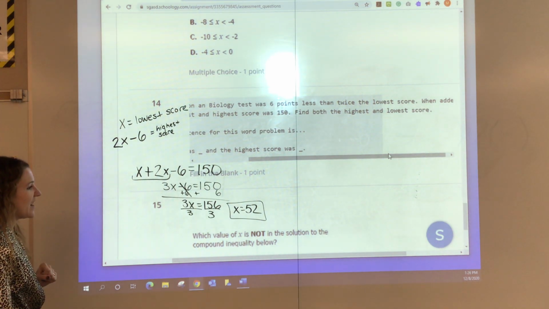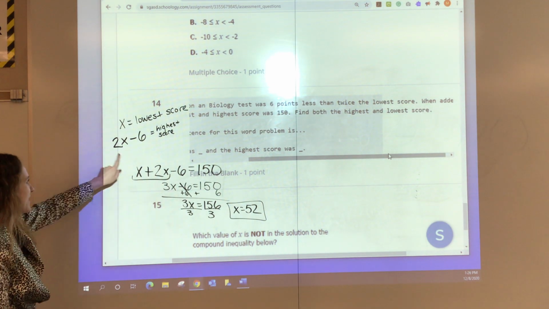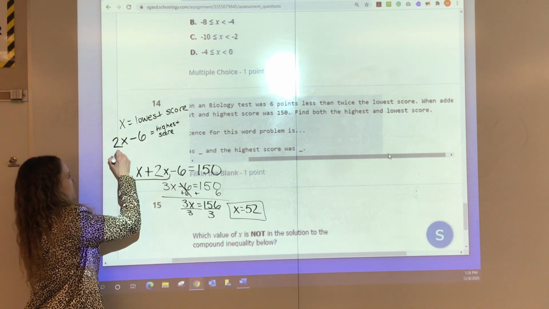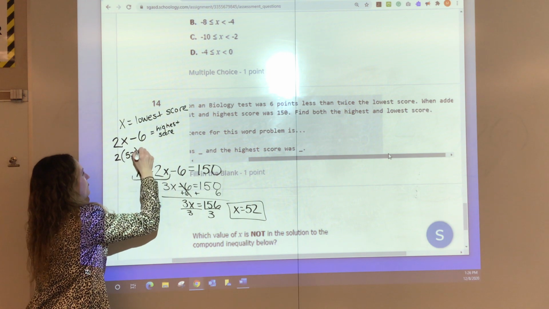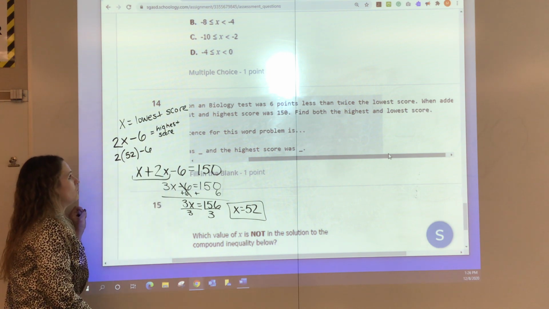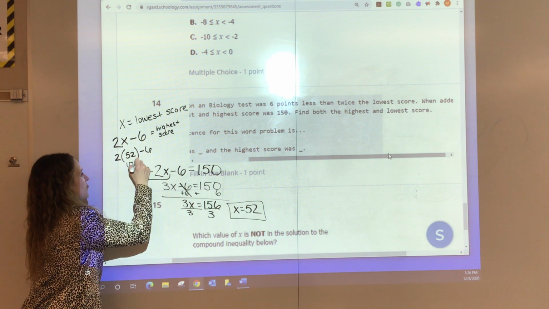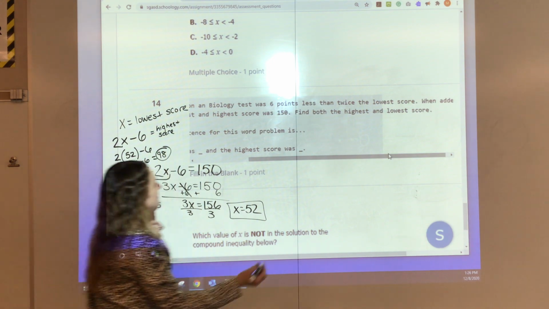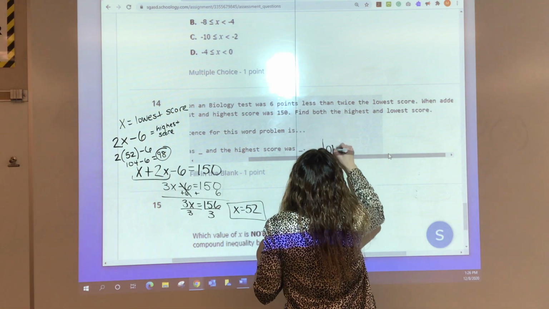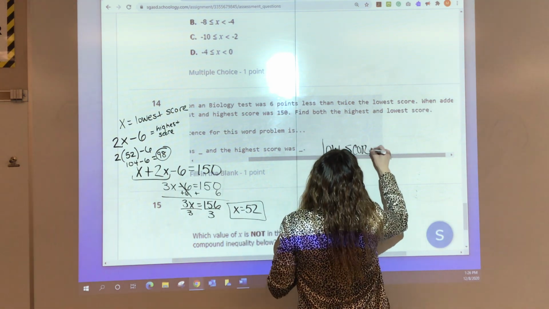But how do I figure out what the high score is? Well, I need to plug that back in to this expression. So 2 times my x, which is 52, minus 6. Well, 2 times 52 is 104. 104 minus 6 is 98. So the low score was